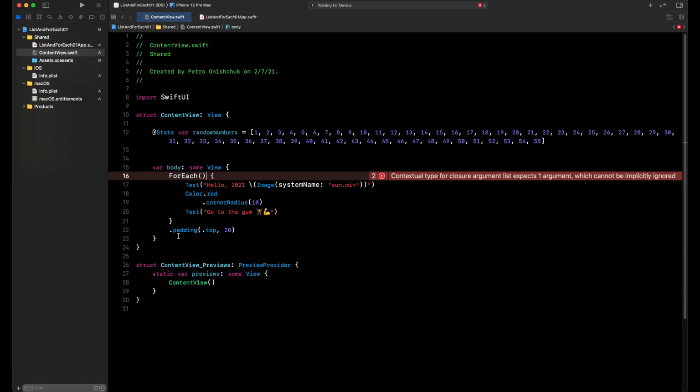Now I want to create a list with a ForEach structure and a scroll view without a list container. You can see how a list that we create with a ForEach structure looks. For example,